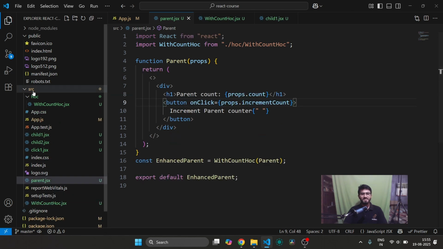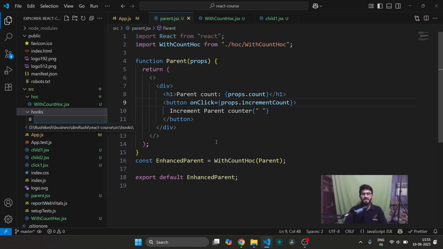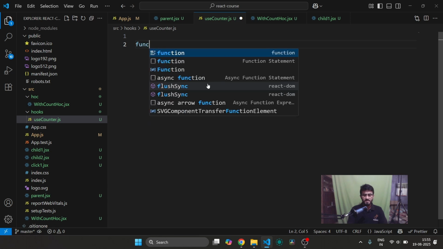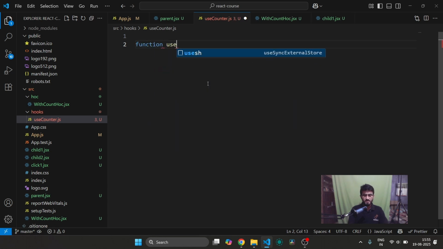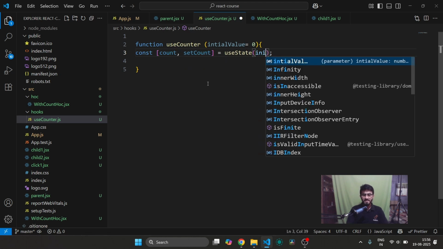So to create a custom hook, we will create one folder called hooks. And inside this folder we will create useCounter.js. Here we will create one function called useCounter. We will provide the initial value equal to, let us say, 0. Inside this function we will have one state value, let us say count, and we will initialize it to the initial value